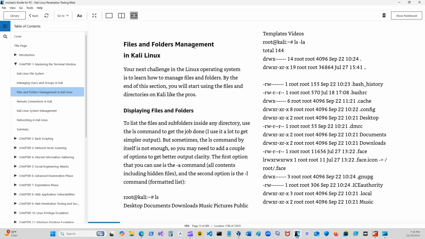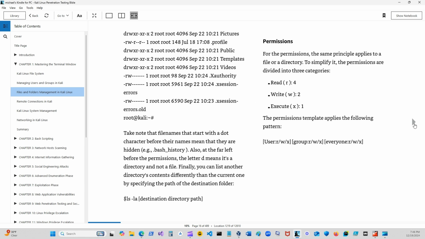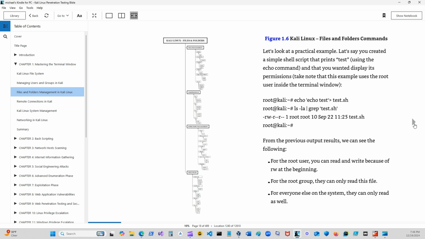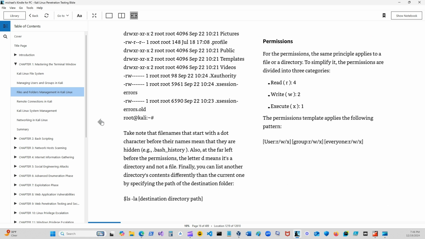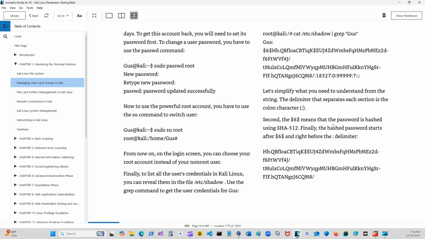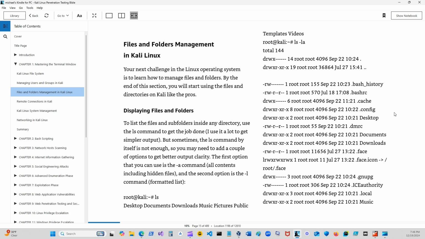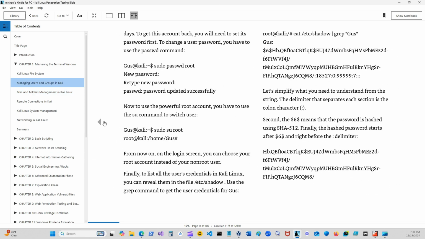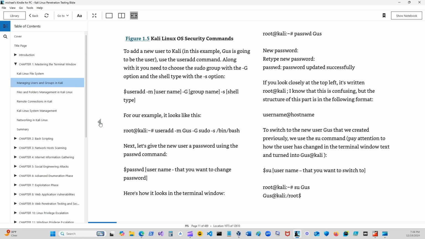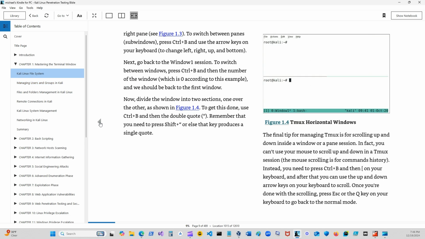Files and folder management in Kali Linux. How many minutes we got on this? All right, let's see if we want to just do these 30-minute videos at a time. I think that's pretty good. It's a little taste. What did we learn? Not much. No, I'm just kidding. So, I guess we learned